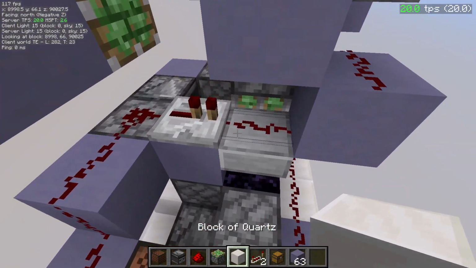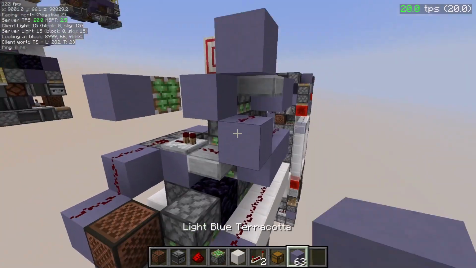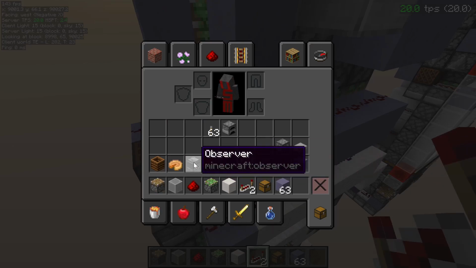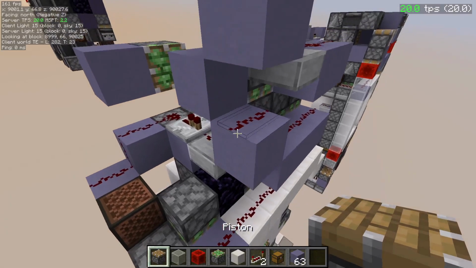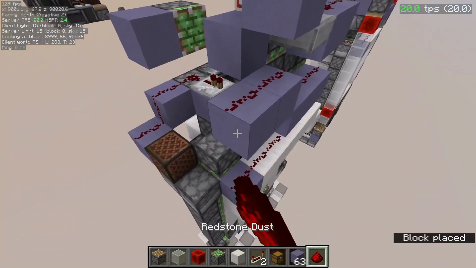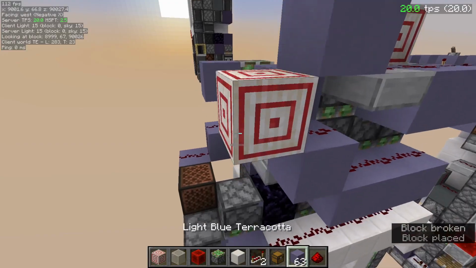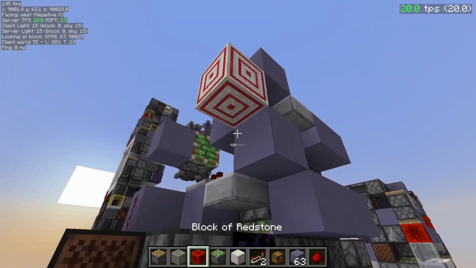Okay, now for the instant extension is almost done. We just need to have the slider, oops, zero tick slider. Let me just grab this block, or this needs to be target like this, and then you have your sticky